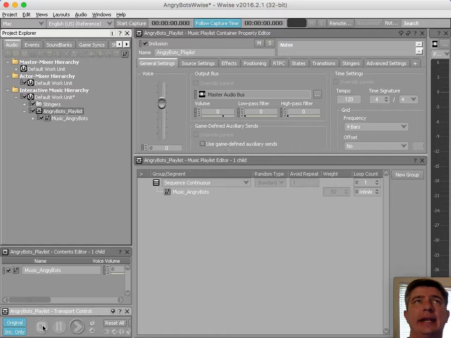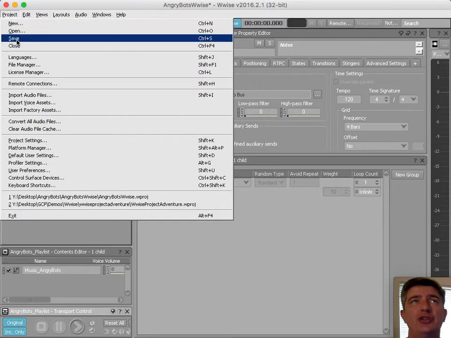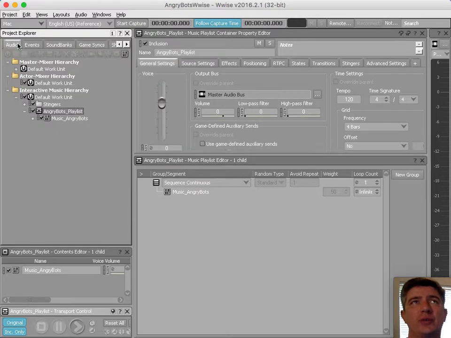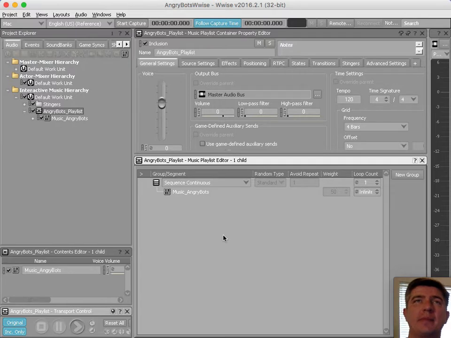What else do we need to set up? The next thing we're going to do is set up our music events. So I'm going to go into probably something I should have done a while ago, hit project and choose save to make sure that I'm saving this. Do not rely on Command S. It's a different key command. It's Control S in this software,